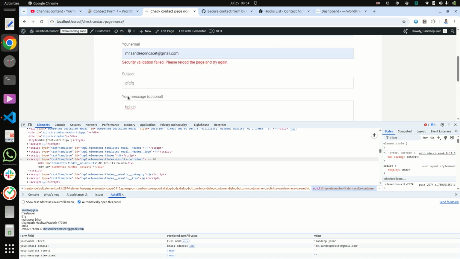Why? Because the nonce is not working properly when we are logged in. So always check after logging out, so that it will work perfectly.